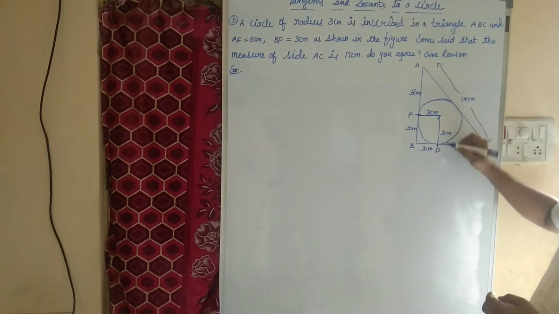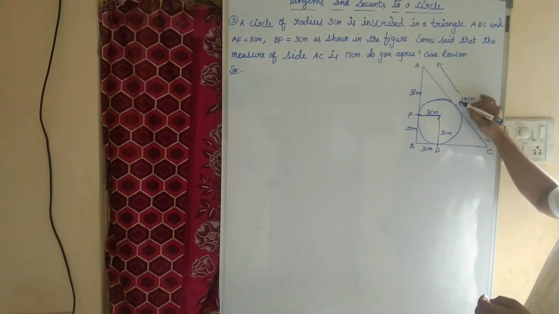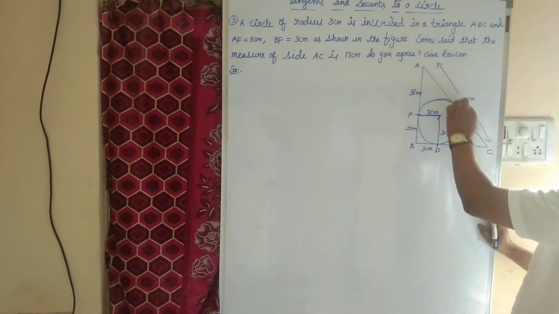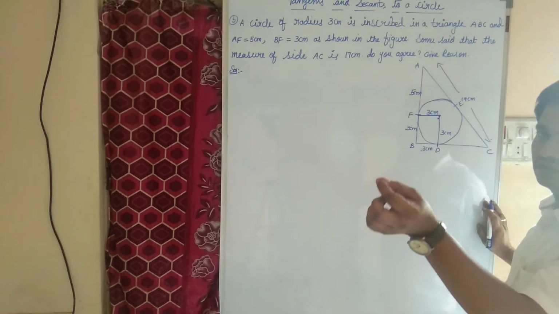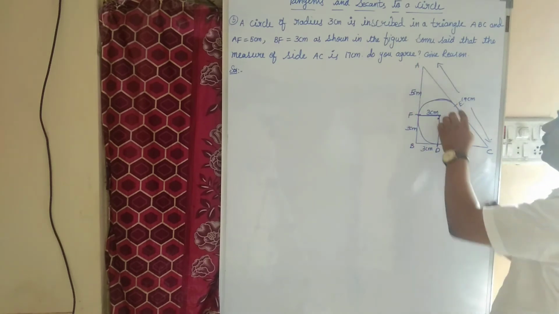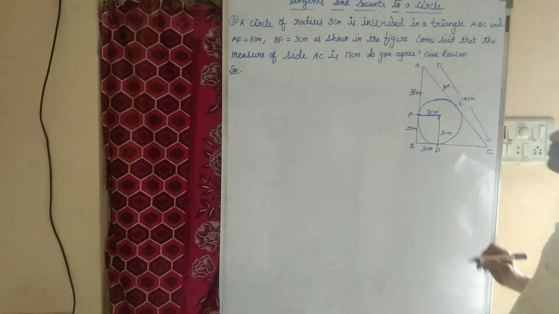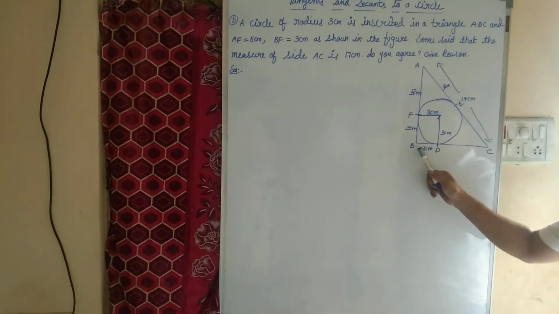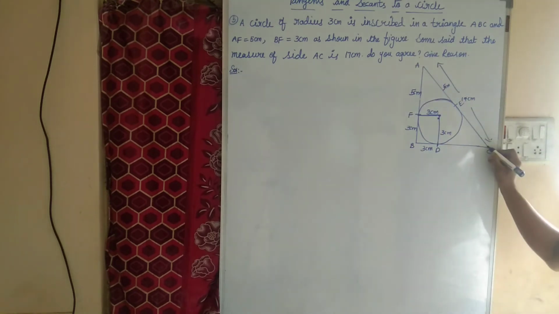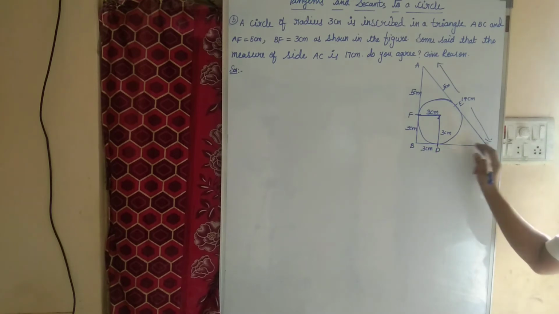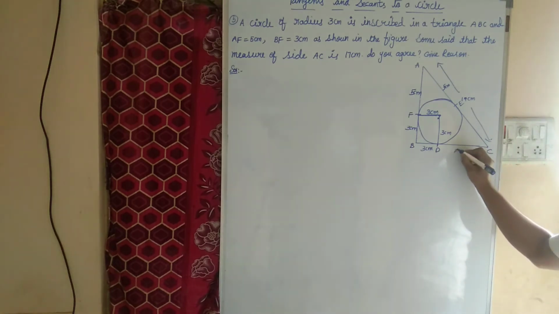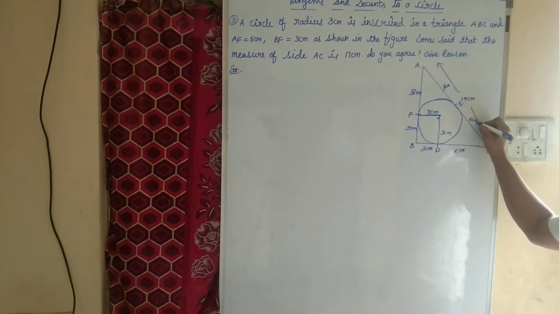Next, let me call the point on AC as point E. A is an external point. AF and AE are the tangents drawn from an external point to a circle. If AF equal to 5 centimeter, AE is also 5 centimeter. BF is 3, BD is 3. AF equal to 5, then AE also 5. Now coming to point C, which is an external point. CD and CE are the tangents drawn from an external point to a circle. We don't know, let the length of CD be x centimeter, then CE is also x centimeter.